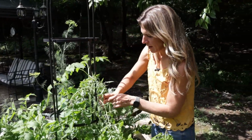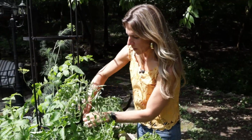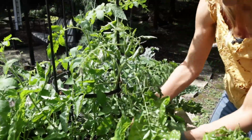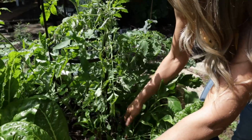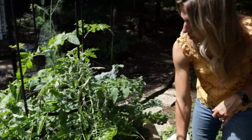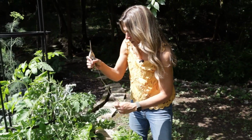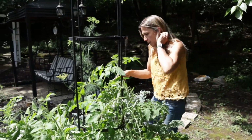First I'm going to tie them up onto the trellis. They're pretty well contained. We planted 4 tomatoes on the outside of this trellis, and they're all looking really nice and healthy. So I'm going to tie them up and then I'm going to prune from the bottom. So taking a little bit of our paper twine,